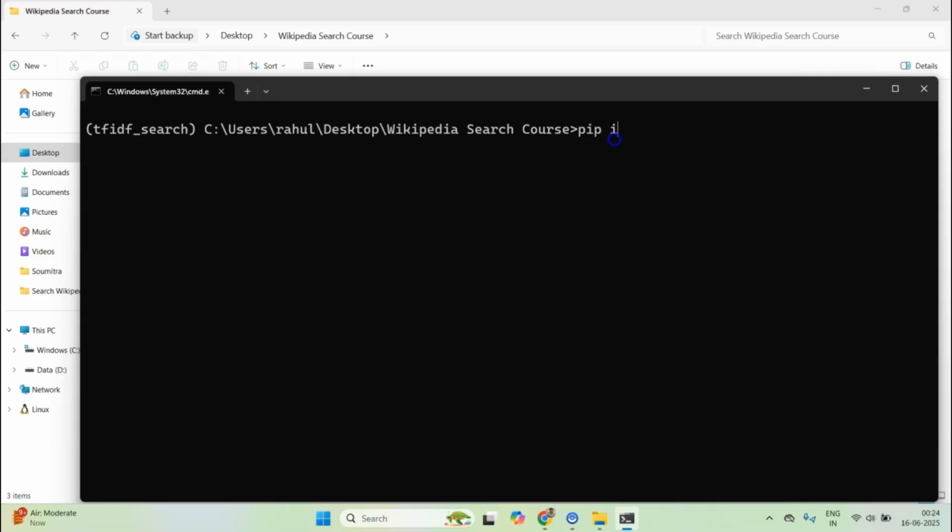After activating the environment, what I'll do next is I will install a bunch of packages. So I'll install pandas for reading the data file that we just downloaded. We use Gensim to basically train the models, and we also need Jupyter Notebook, or maybe I'll probably install Jupyter Notebook separately.